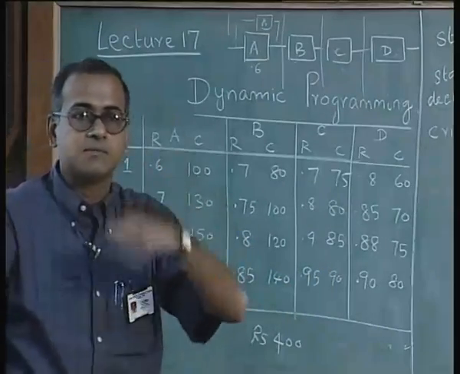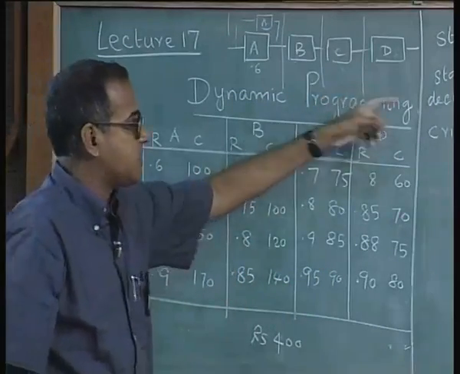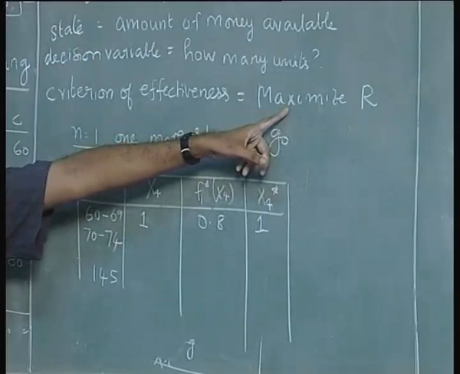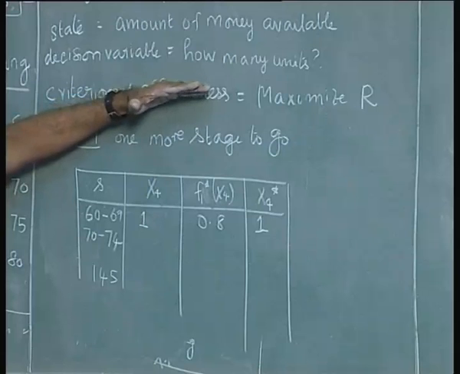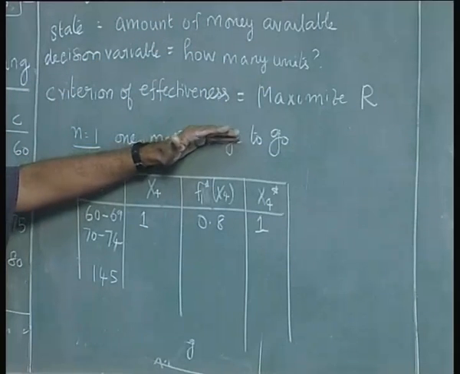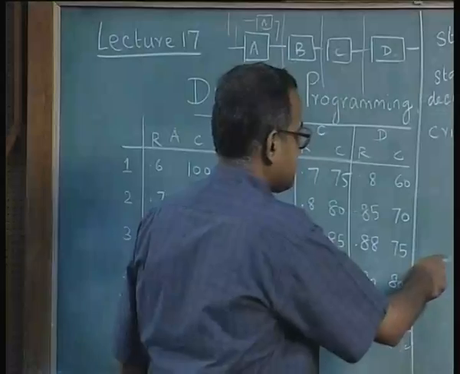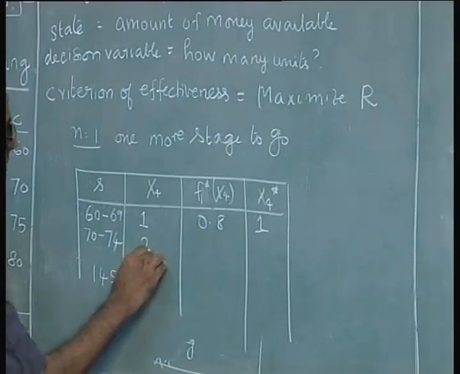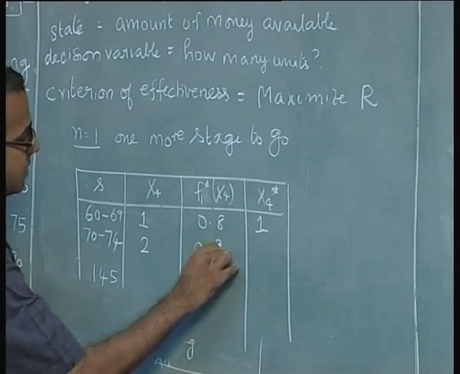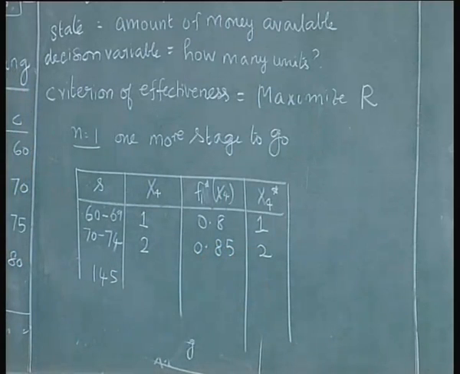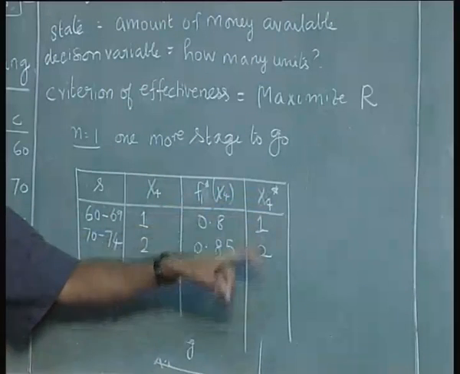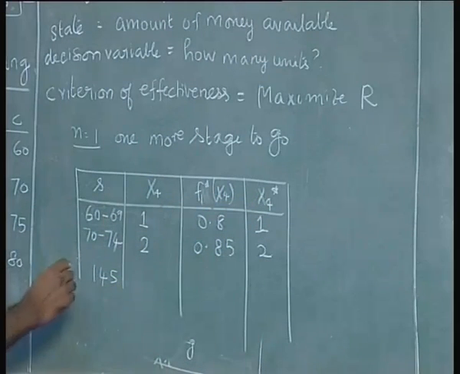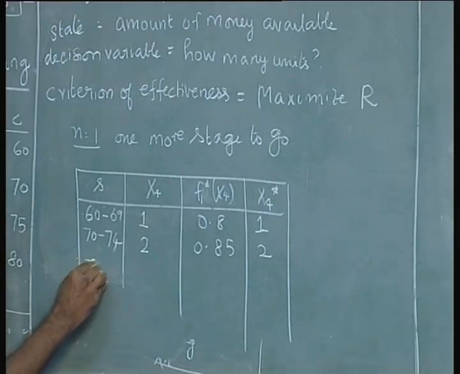So we try to buy as much of D as possible, because the objective is to maximize reliability, not to minimize the money spent. So the decisions are made always keeping in mind the criterion of effectiveness, which is the objective function. So when the state is from 70 to 74, x4 will be 2 and I can have a reliability of 0.85 and x4 star will be 2. Even though there are two alternatives here, which is x4 equal to 1 and 2, the best value will be 2. Now similarly, when I have 75 to 79,